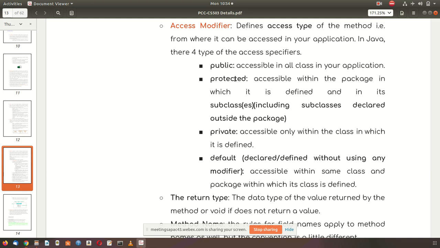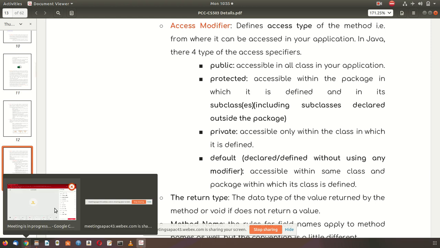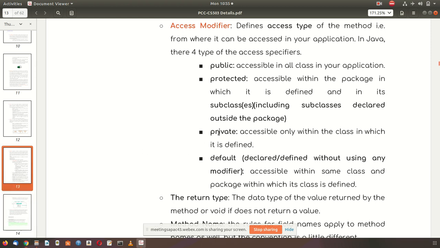Protected is not accessible by the dot operator; only through inheritance can data be accessed from a base class when a derived class extends it. And private means not accessible by inheritance and also not accessible by the dot operator.